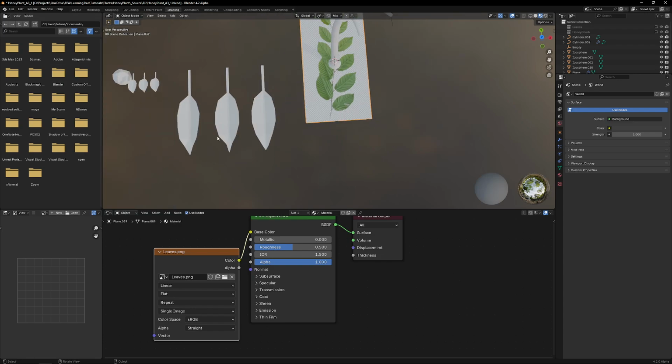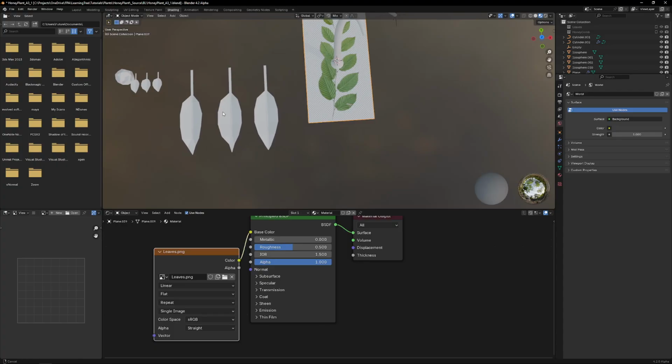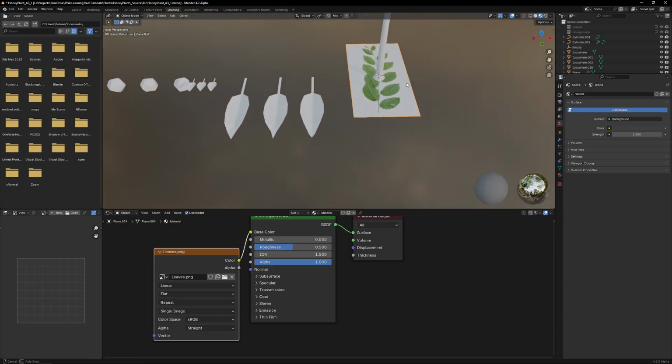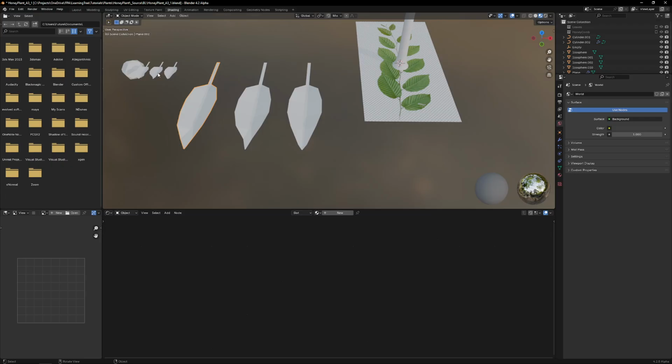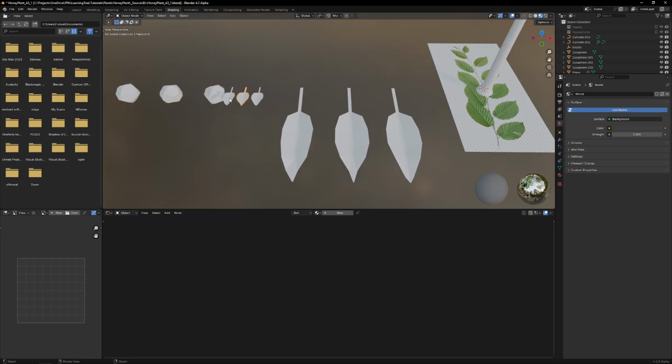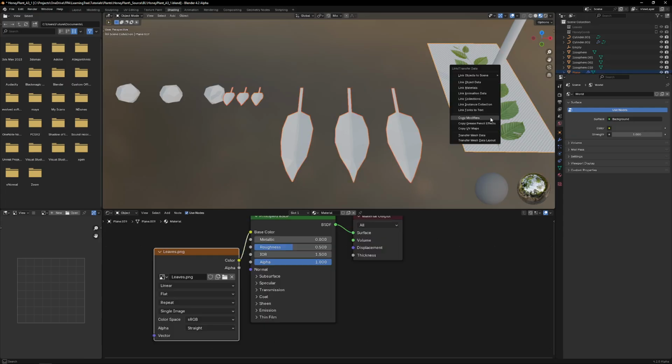So that's what I wanted to do mainly. But what we can do, we can map it on another thing also. But the other thing with this is it should be square and this will be squishy, right? But it doesn't matter. So what we're going to do, we're going to select all of these, link materials,